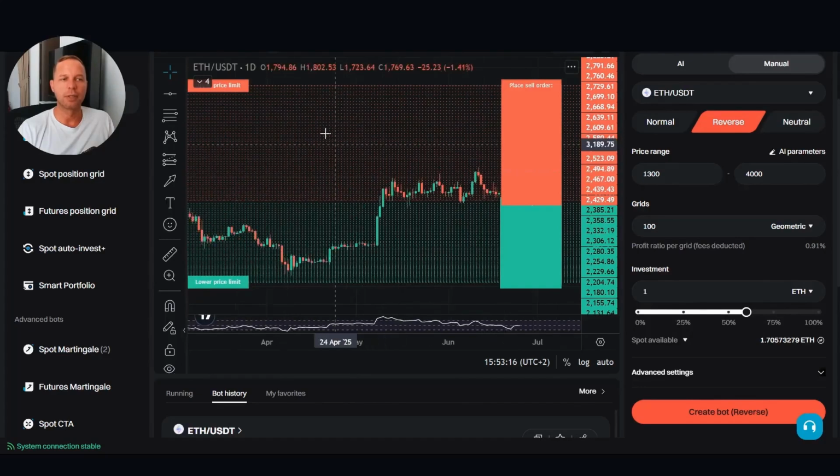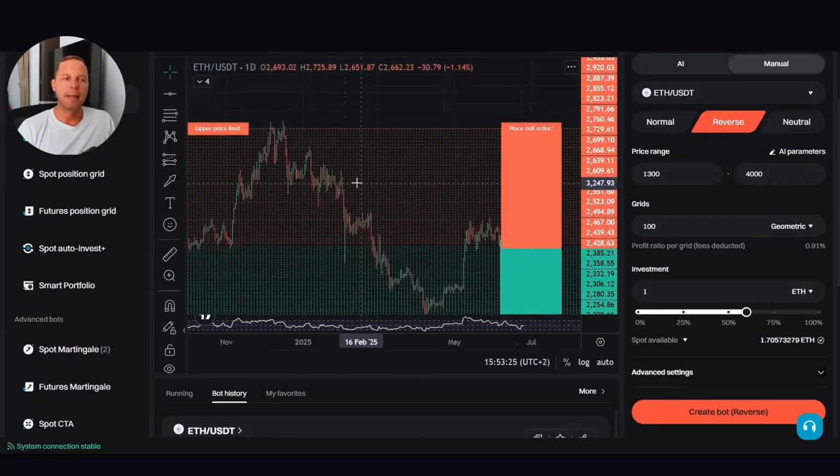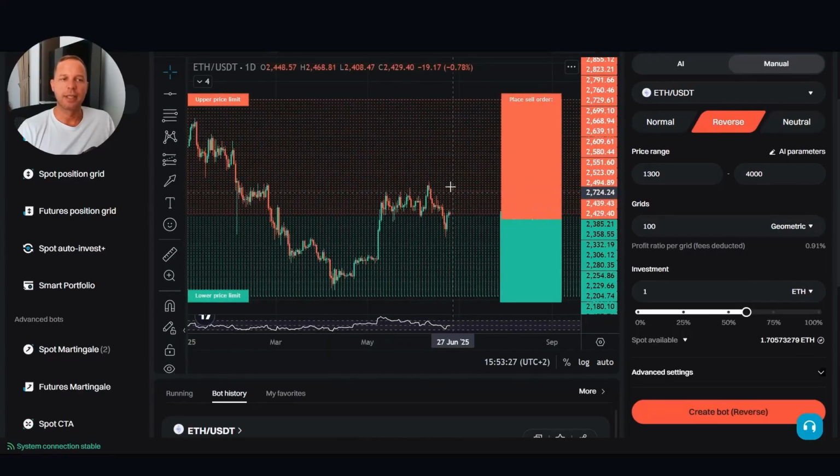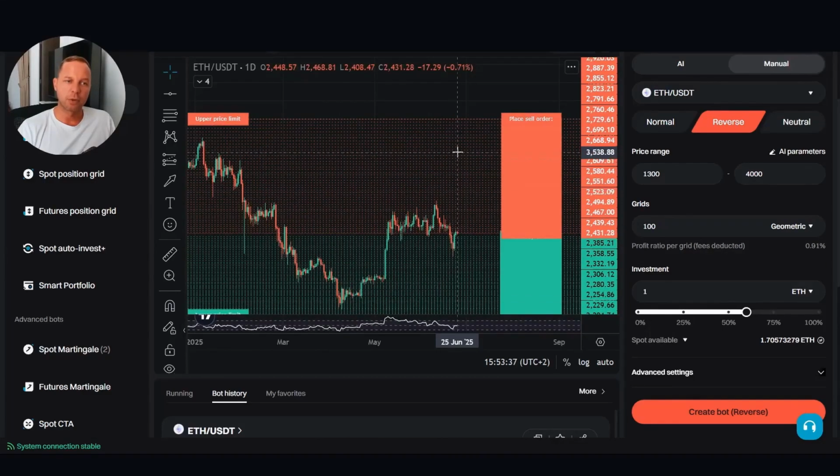And here too, the risk is that if the price moves outside the grid, then this bot will also stop working. That means I wouldn't set up a short Ethereum bot here either, because there's actually so much room to the upside that we would just be selling the whole time. Of course, you would generate profits from the individual sales you make here, but overall, you would simply have more profit if we say, hey, we're in a bullish market and I hold on to the Ethereum and then sell